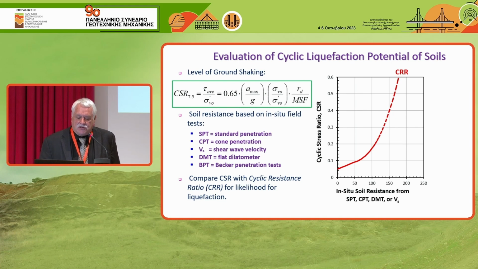So the idea is you know the level of the ground shaking, and if it's high enough and the soil resistance is low enough, you fall above a magic red line that's known as the cyclic resistance ratio, CRR. And in that case, liquefaction is likely, or you're far enough away from the epicenter, the level of shaking is much lower, and or the ground is stronger, and you fall on the underside of that red line, CRR, and